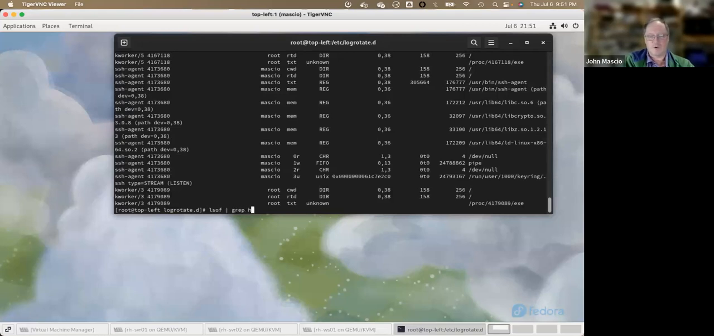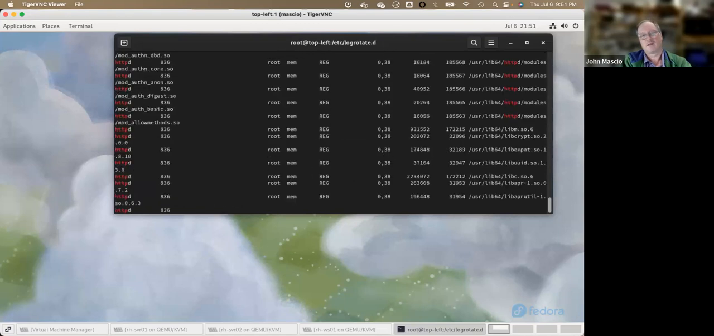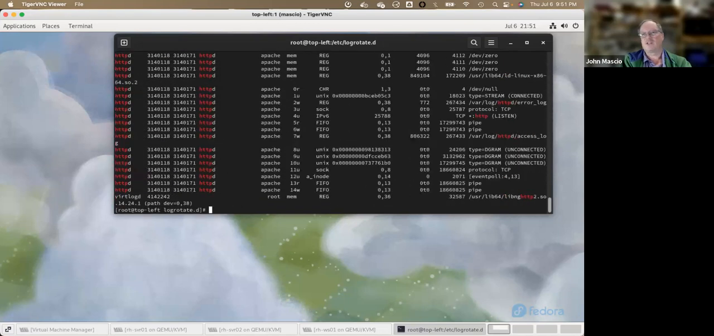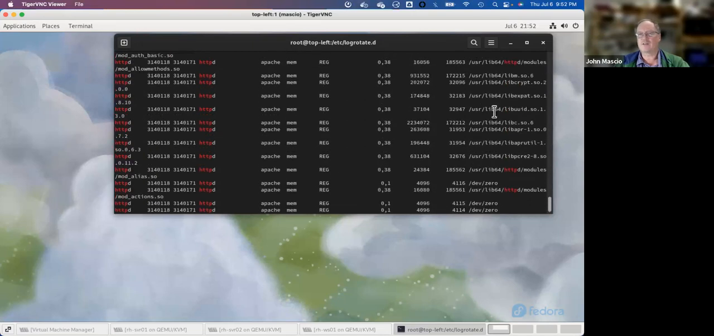Let's grep for the web server information. You can see just that alone is pretty busy. That's just one service. So what's going on here? Well, if we look carefully, we can see there's a lot of things happening